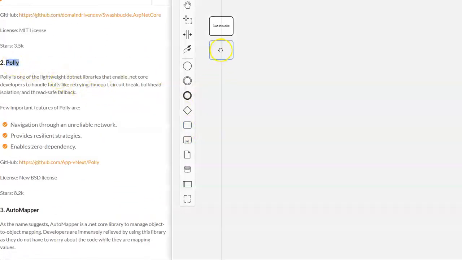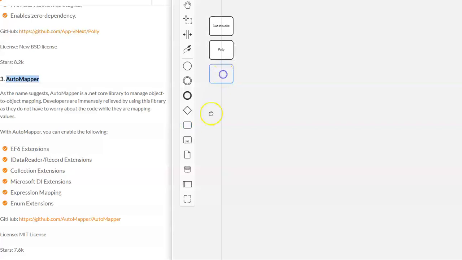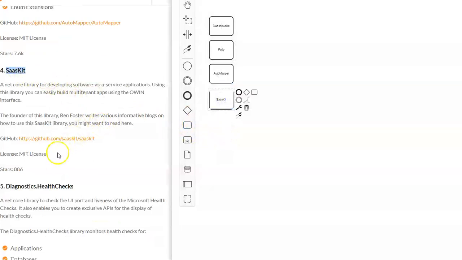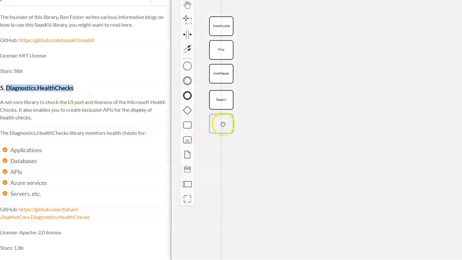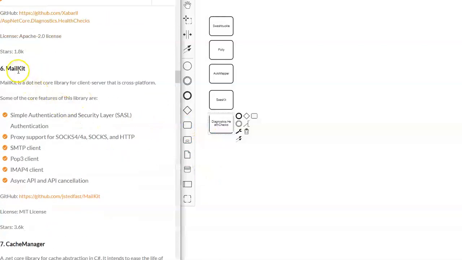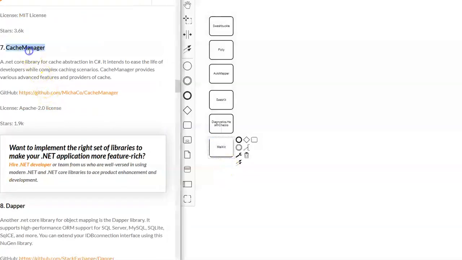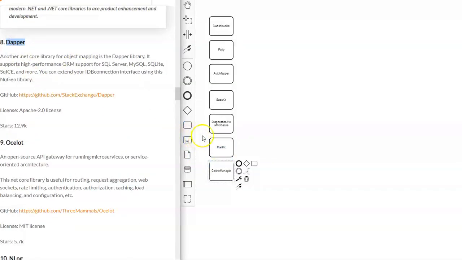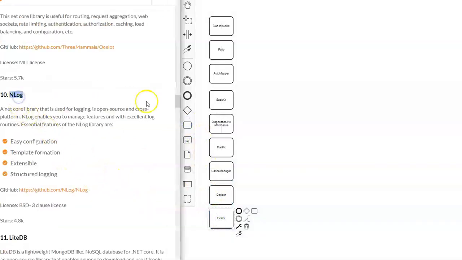Polly, AutoMapper, SaasKit, Diagnostics.HealthChecks, MailKit, Cache Manager, Dapper, Ocelot, Inlog,